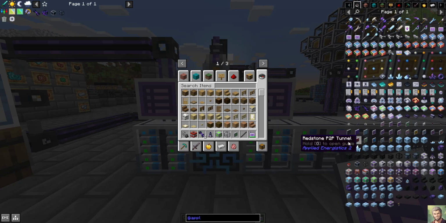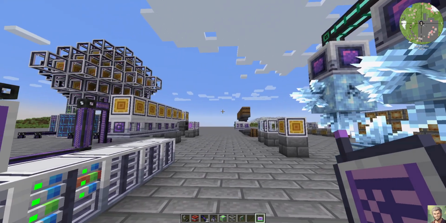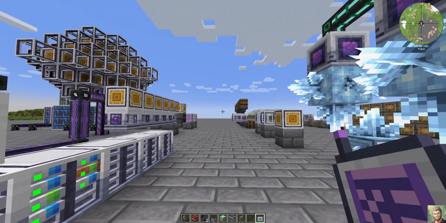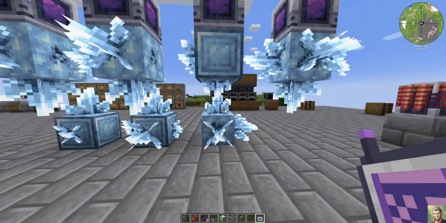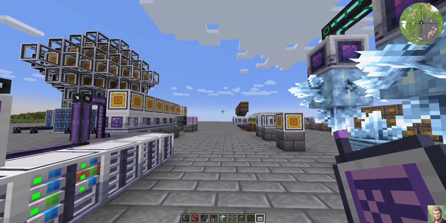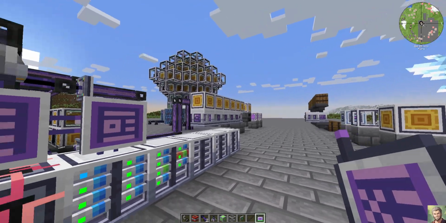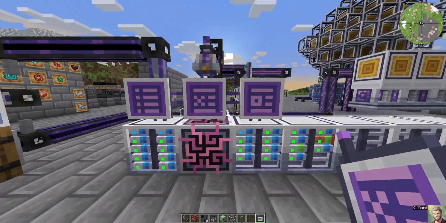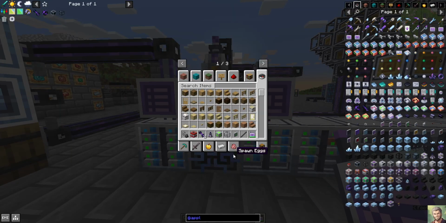So if I go and run that cable 500,000 blocks that way, or 1,000 blocks that way, put a dimensional or a quantum ring over there, it'll load those chunks over there that have machines in them. That's pretty cool. I've never actually used that before because most of the time we use the FTB chunks